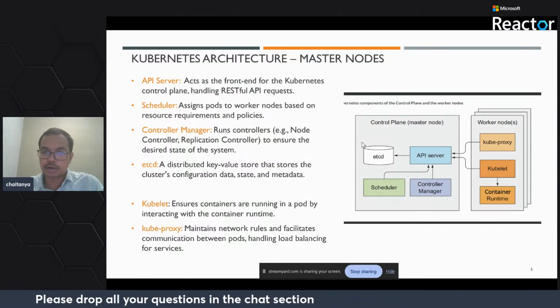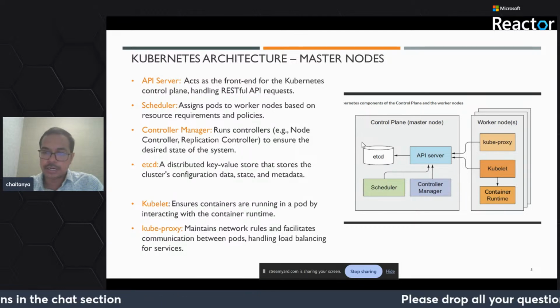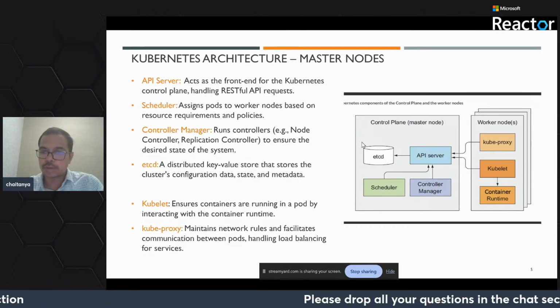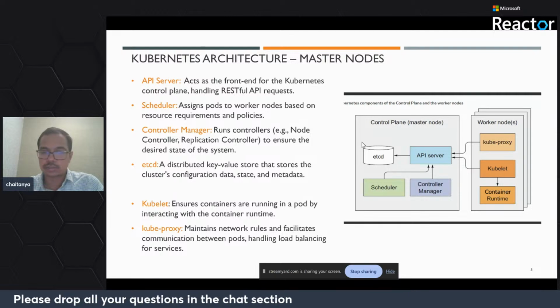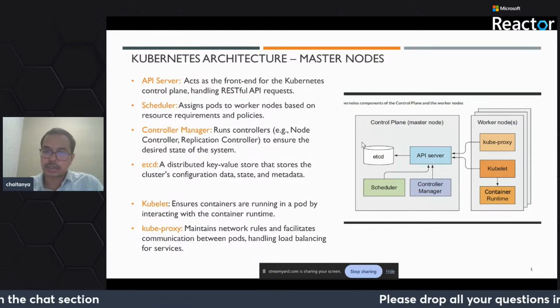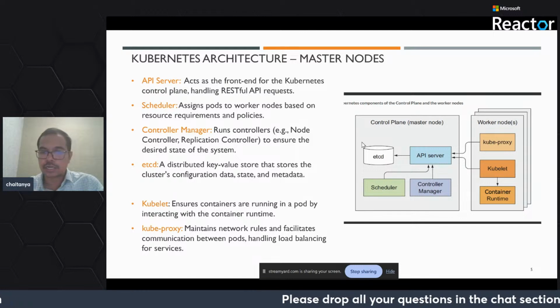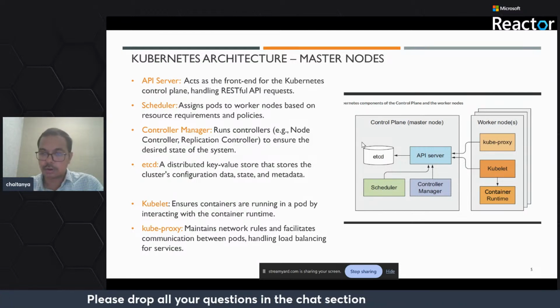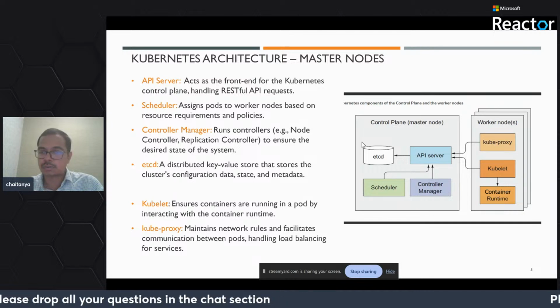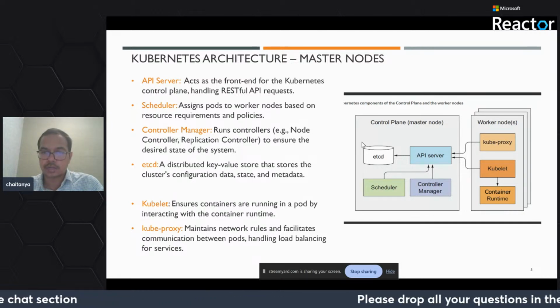Node pool, and control plane is a separate node pool. So you would need some sort of an agent, right, which is present on the node to manage the containers and the pods that are present on that node. So kube proxy and kubelet act as those agents on the node, which get commands from the control plane, which are API server, scheduler, and control manager, to make sure that the node is healthy, and whatever statuses it has in terms of pods are also getting reported back to the control plane